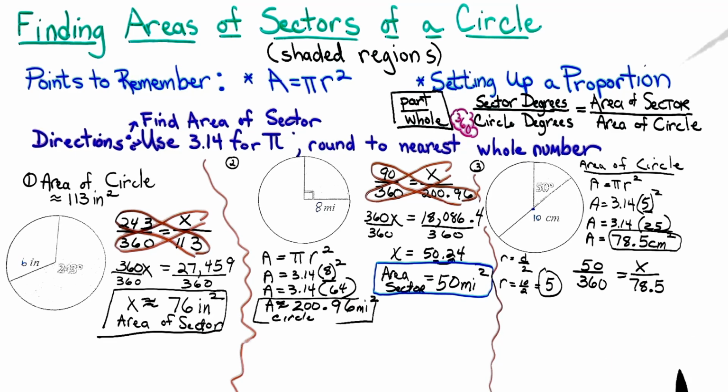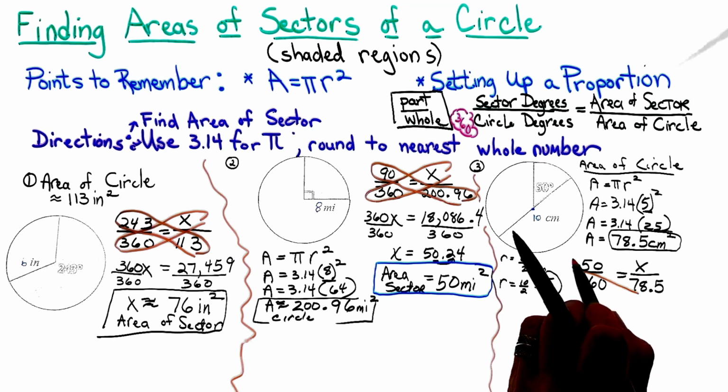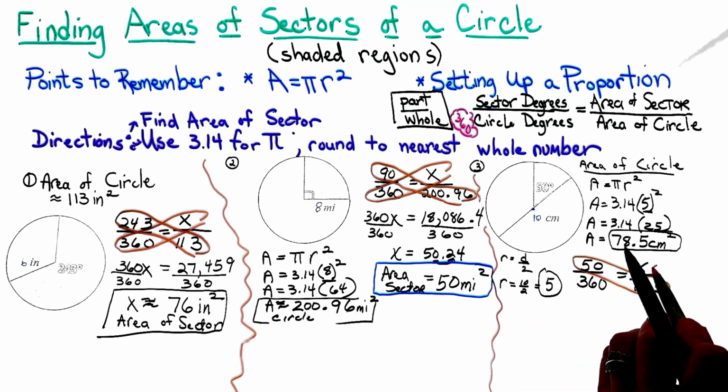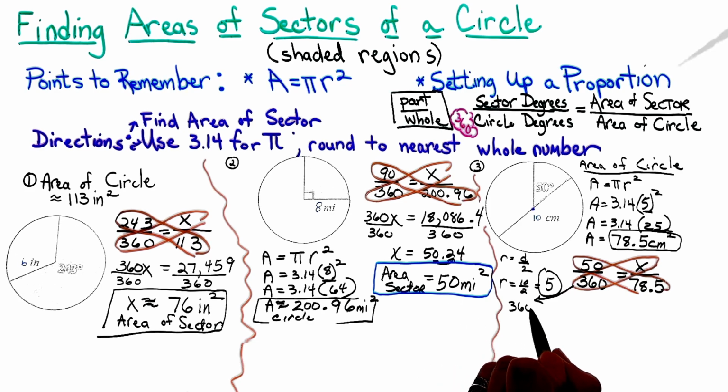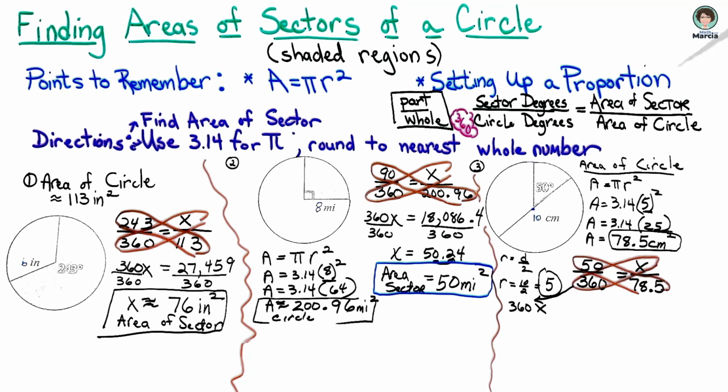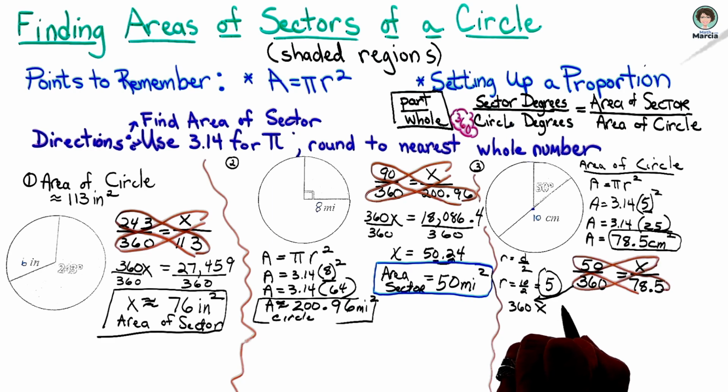Now, just going ahead and doing again our cross products. And I'm going to move my work over here a little bit. I'm going to write 360x for my cross products, and then 50 times 78.5 is going to be equal to